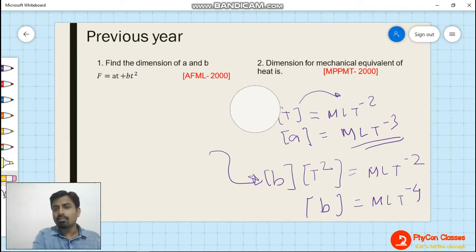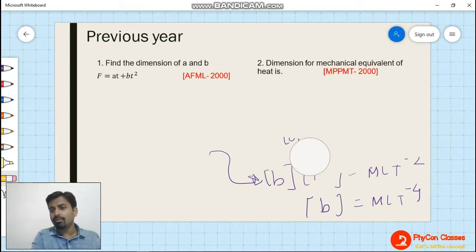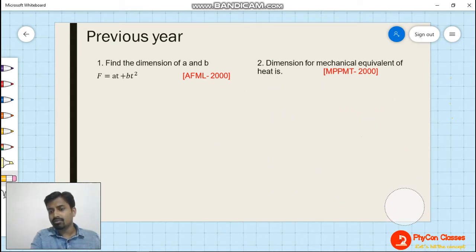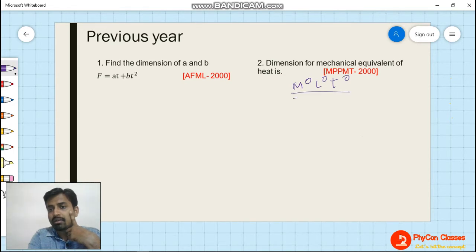The dimension of mechanical equivalent of heat is. Many of you have given the correct answer and I am really happy to see that. Okay, so what is the mechanical equivalent of heat? The question arises. Those who know it can directly answer that it will not have any kind of dimension. The dimension is 0, M0 L0 T0. But if you don't know what mechanical equivalent is, you cannot answer. Actually, the mechanical equivalent of heat is the work done.